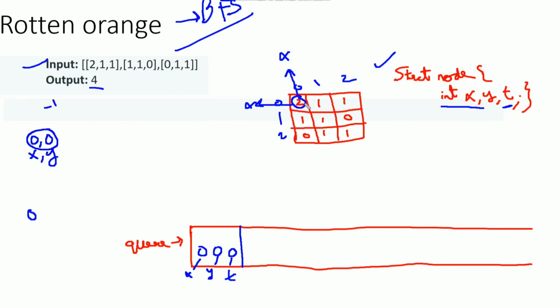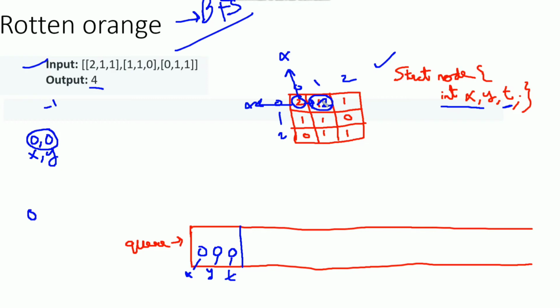So suppose we have moved in the right direction, and we have encountered value 1, meaning a fresh orange. So we need to convert it to value 2. We need to convert from fresh orange to rotten, and then we need to enqueue this location. Each conversion takes a unit time.